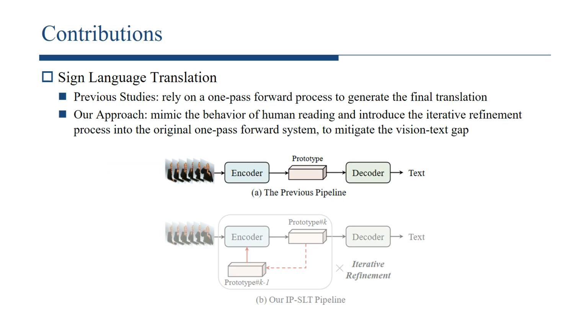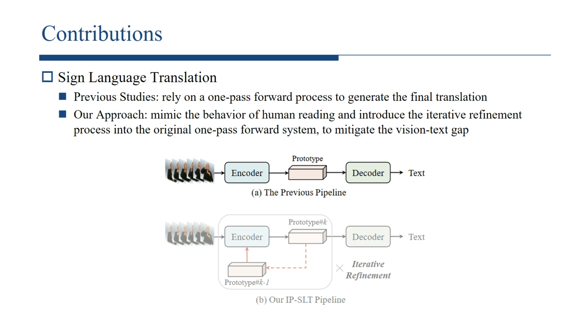Since sign language translation is typically viewed as a sequence-to-sequence mapping problem, the existing sign language translation systems commonly adopt the one-pass forward process based on encoder-decoder architecture. In such a framework, the encoder transforms the sign language video into its semantic representation, that is, a prototype, which is then fed into the decoder to generate the translation. However, due to the inherent gap between vision and text, it may be hard to conduct such mapping within the